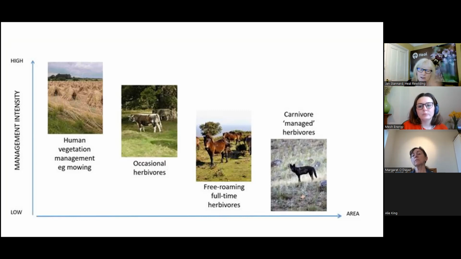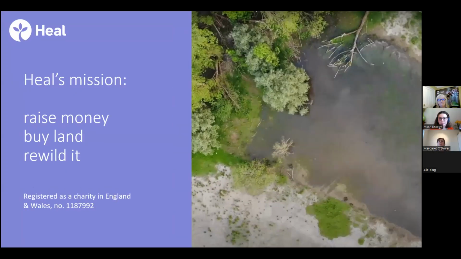So that's my whistle-stop tour, and I've got a few minutes to tell you about HEAL, so I shall crack through that now. Really simple mission: be the first rewilding landowner. Our mission is to raise money, buy land and rewild it, and we're registered as a charity in the UK. We are active in England, and the reason is that there's a lot of rewilding happening, and one of our core